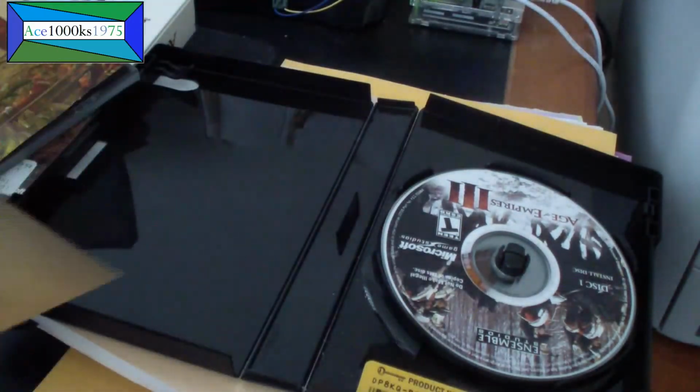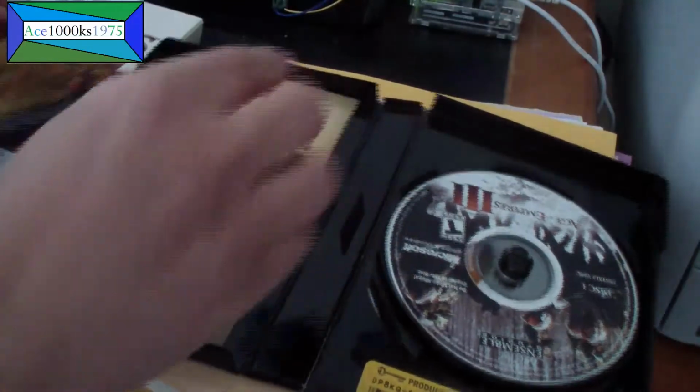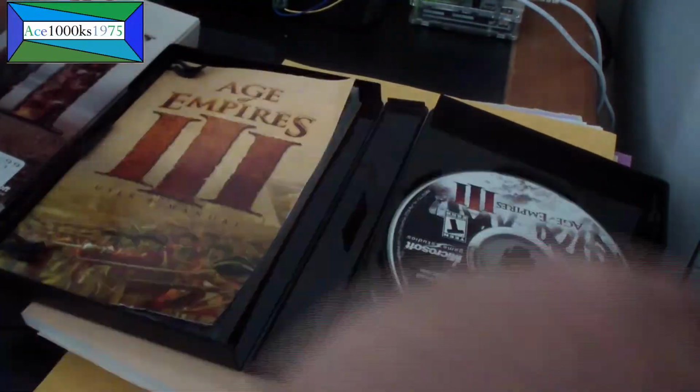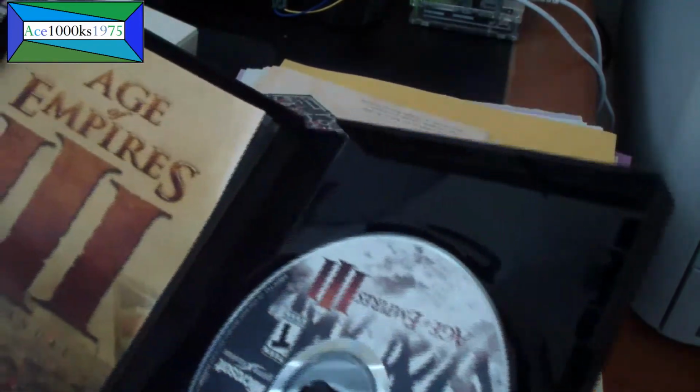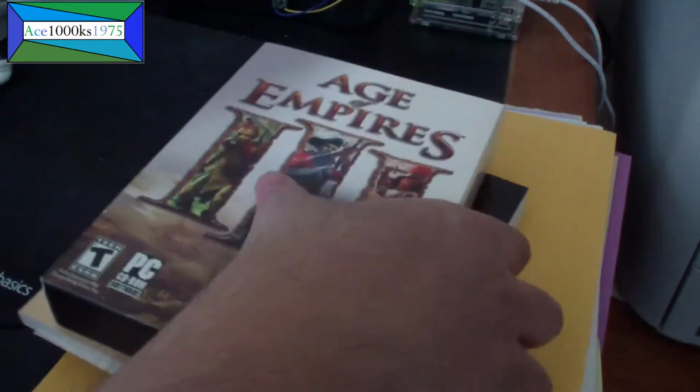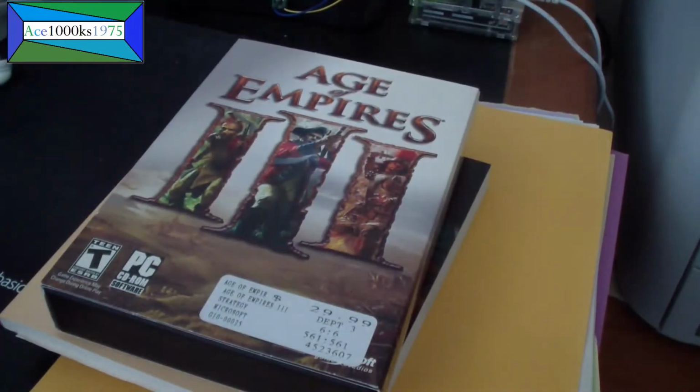This is how games came in. This is what you got when you bought a PC game. Or even a console game, you know, for a video game console. It will come in a box like this. And then, I guess up to 2008, games used to,